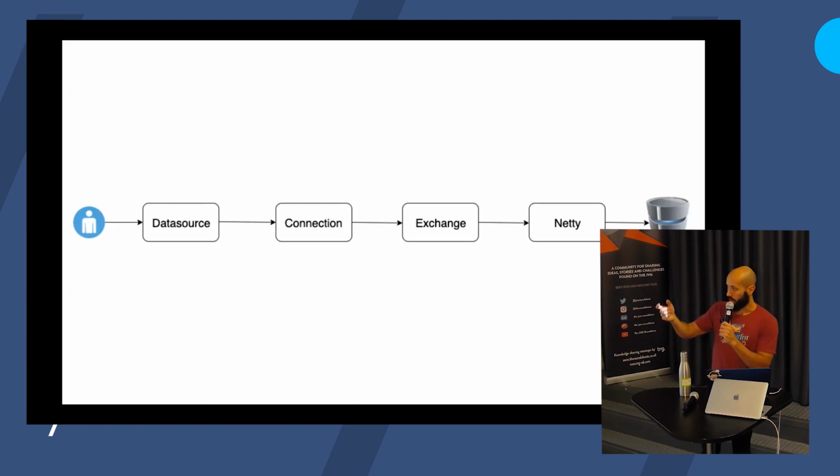So we have the data source, we have the connection, we have an exchange. An exchange is a concept, it's the guy that actually is transforming the messages, right? Because the idea was, let's make it readable. When you're reading the manual of those databases, you have clear concepts. I'm sending a query message, I'm sending an execute action message, I'm sending, I don't know, the handshake message. So you abstract that, and then we have this guy that transforms the messages into the details, into the bytes that will actually go to the database. And then he's the one that talks to Netty, and Netty does that in a highly scalable way.